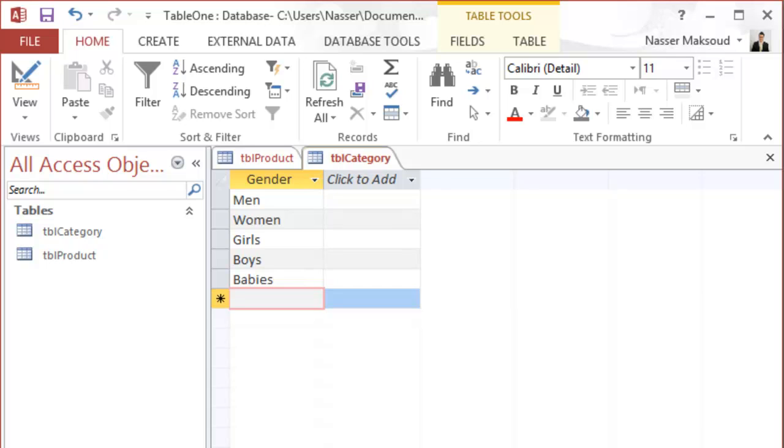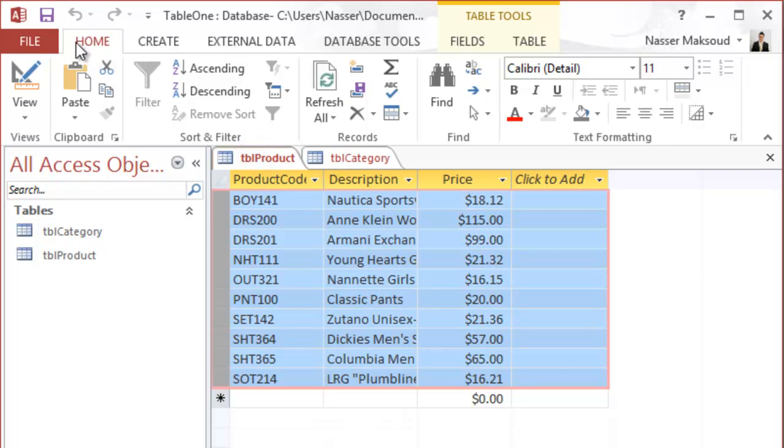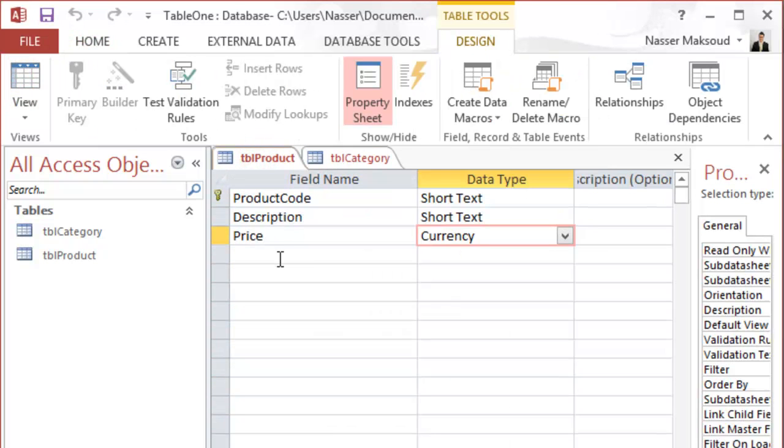Alright, now items in table product must belong to an existing category, which means that you need to create a link between them. To do that, you open the table product in design view. So you go to table products and change to design view, and then add a new field that is called gender. I will create a foreign key to be able to link the two tables together, gender,